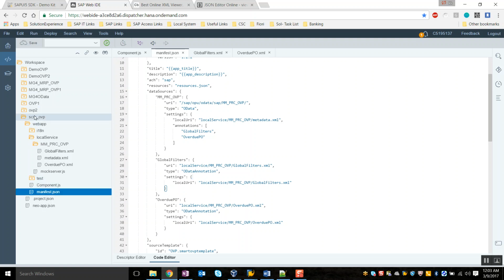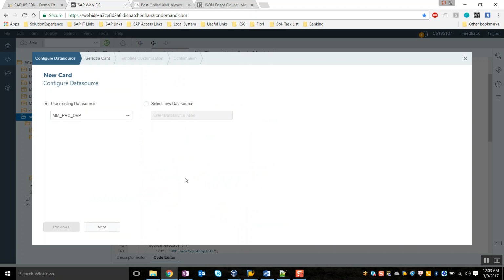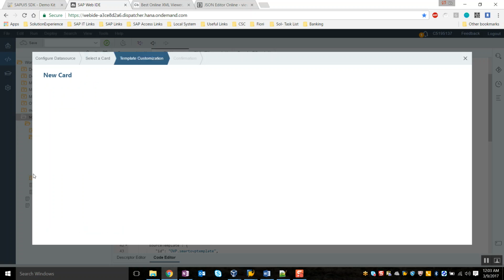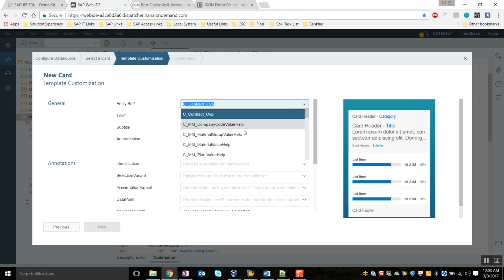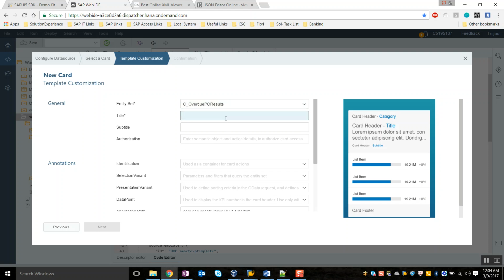So I'm going to right click on this project and I'm going to say new, and I'm going to create this card, where I'm going to create this card using this existing data source. I'm going to choose this data source and I'm going to click on next, and I'm going to create this list annotation which I have modeled, and here I'm also going to specify the entity from which I wanted to read the information. So I wanted to read it from this overdue PO result set. I'm going to give it as overdue PO result,